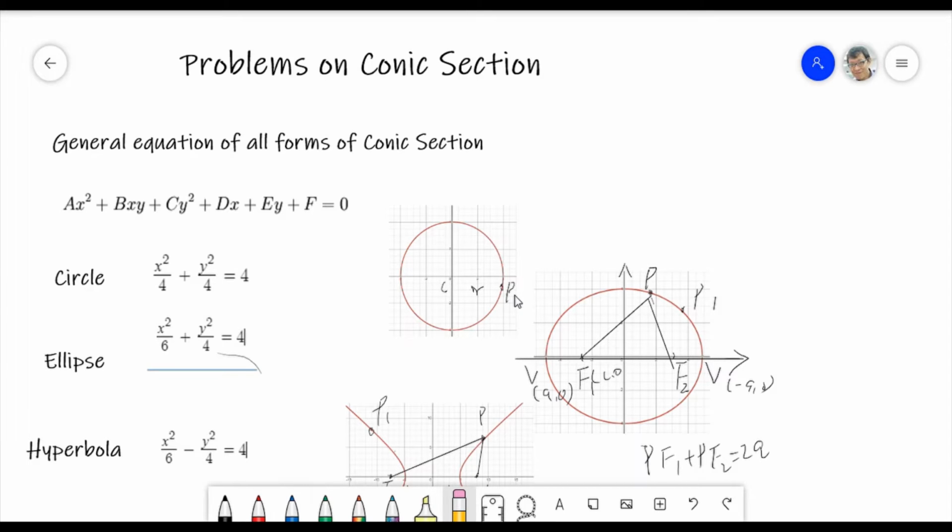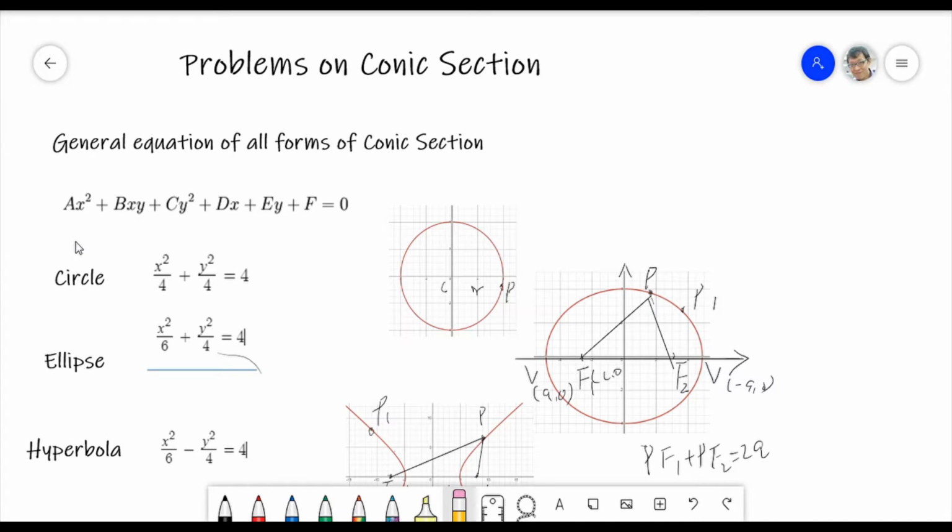Okay, so let's first see the general equation of a conic section. It looks like this: ax squared plus bxy plus cy squared plus dx plus ey plus f equals 0. Any of the coefficients can be 1, can be 0, depending on what it really looks like. Okay,